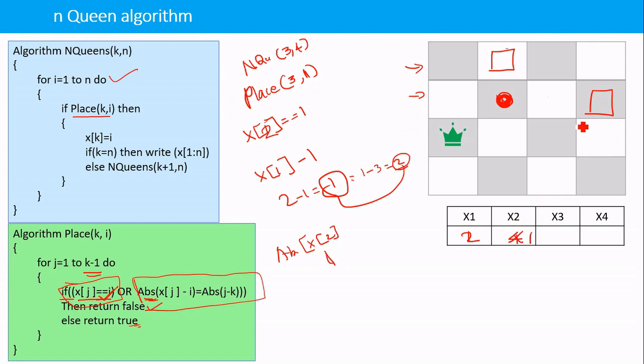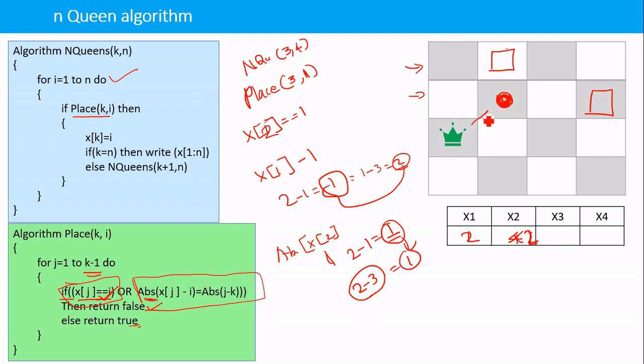Sorry, if the second queen is in the second column, then x of 2 will be equal to 2. So x of 2 is 2, and 2 minus the value of i, which is 1, is equal to 1. And the absolute value of j minus k, where j is 2 and k is 3, so 2 minus 3 is minus 1, with absolute value 1. Both are equal to 1. That is how I am finding the diagonal.